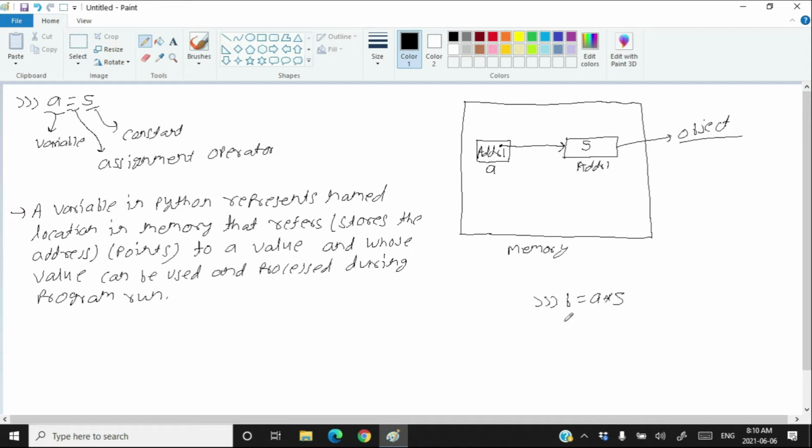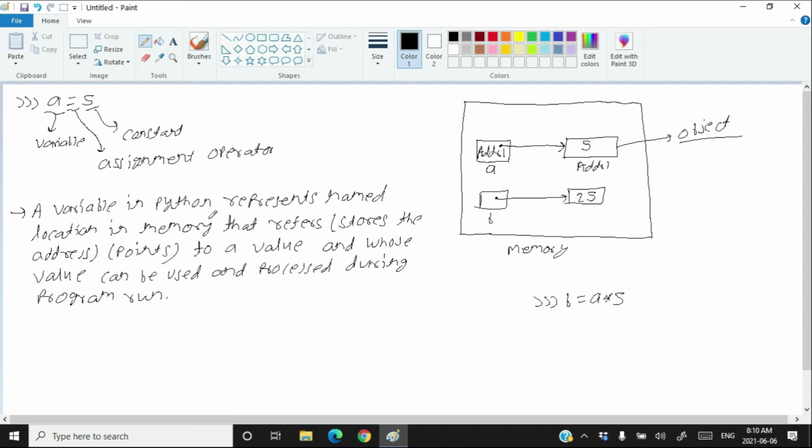That means b will contain address of something called 25. If you do this, you will be creating another variable b which will store address of something called 25, not 24. It will be 25. So hopefully you are getting my points.